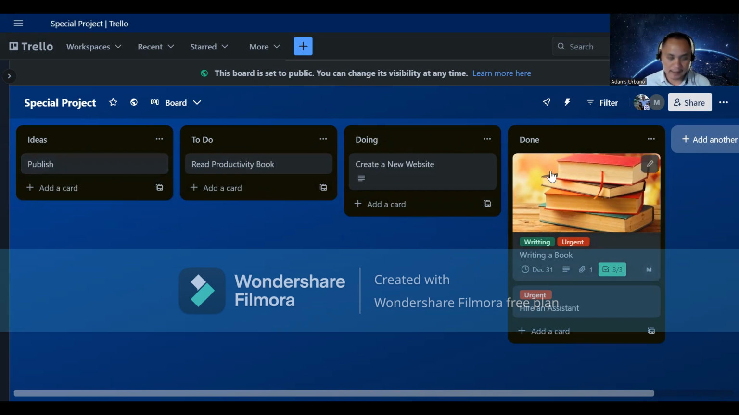Once the task lands in the done section, we can archive the card to remove it from the board, but it is still searchable and can be reactivated anytime. So I hope that I have explained everything well in this video and hope that you have